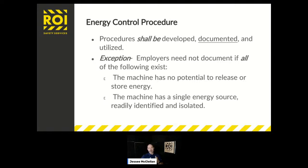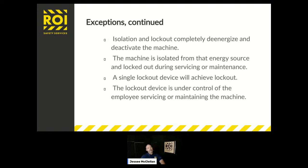So it could be air, water, electricity, hydraulics. So you really need to pay attention to all the different sources of power. Many times we've gone into companies where they've only identified the electrical, and then we found air and maybe some other types of energy, such as steam, maybe just water, something simple like that. So we have to look at all of the different types of potential energy within that